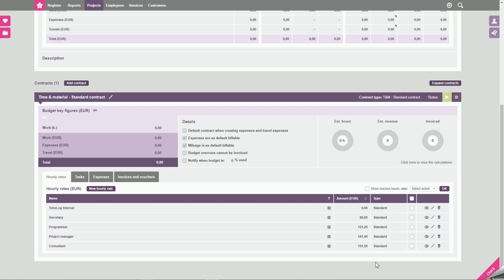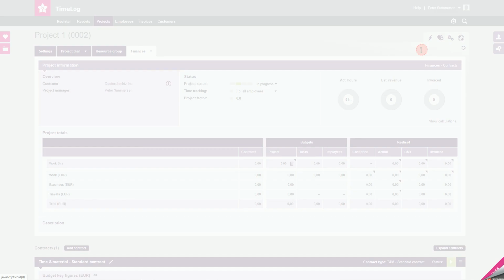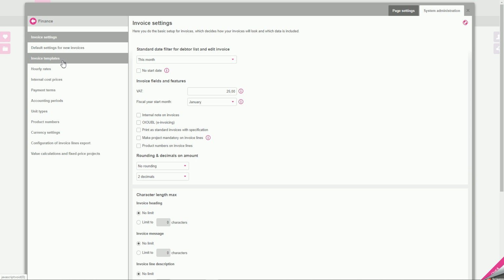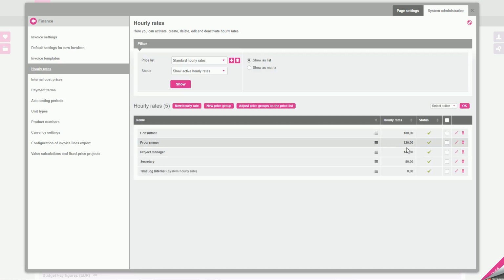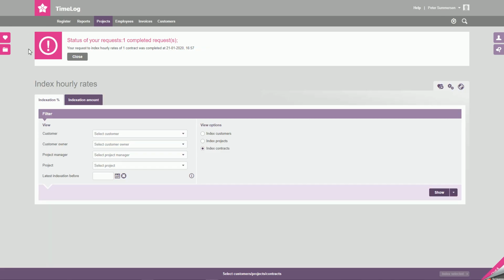So again, this indexation has first of all only taken place on this specific contract on this project, and also it has not had any effect on our standard hourly rates that we have set up in the system administration. So as you can see, they are still intact. So if we now navigate back to the hourly rate indexation interface, I'll just change tab out of the view here,